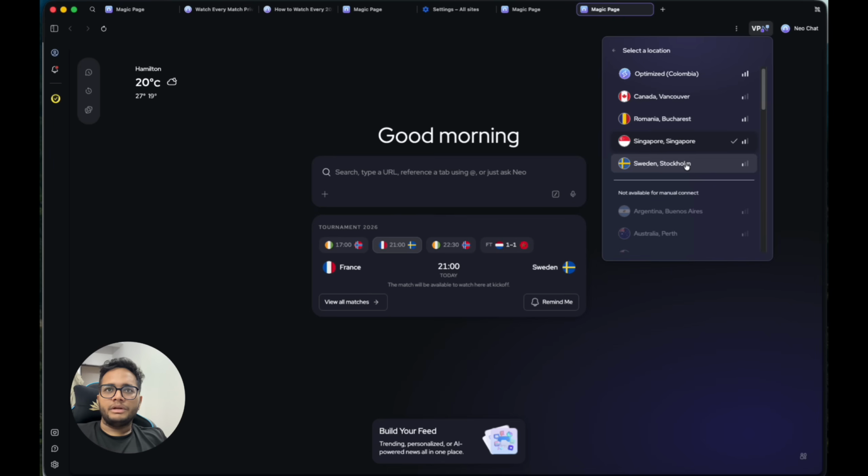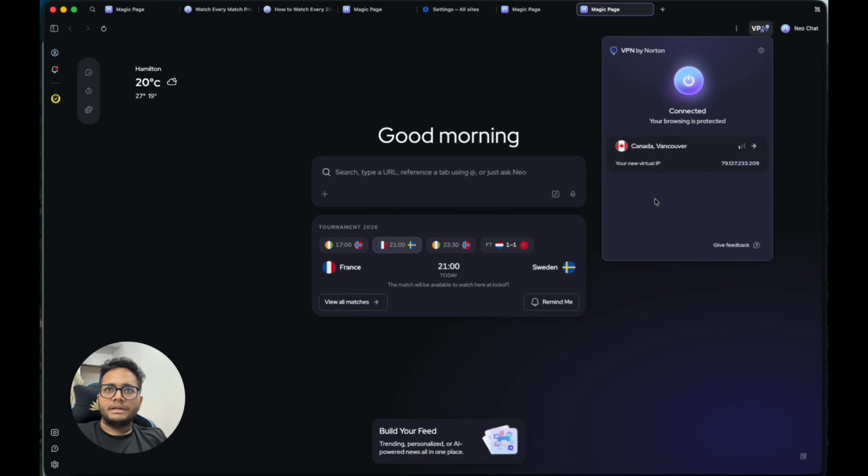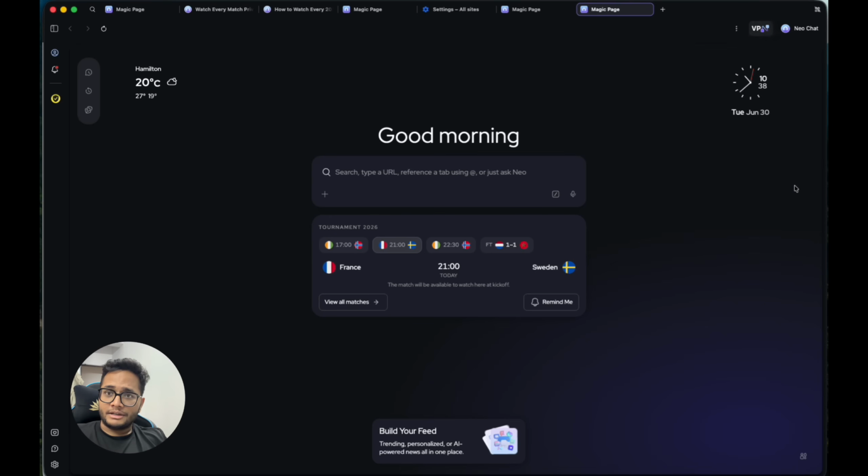So you simply need to click on VPN here, and you can see VPN is connected, and there are multiple VPNs available. If you want to connect to Romania or Canada or Colombia, Sweden, Singapore, you can connect. For example, I want to connect to Canada. It is connecting and my VPN is connected within the browser, just one click and no other hassle,